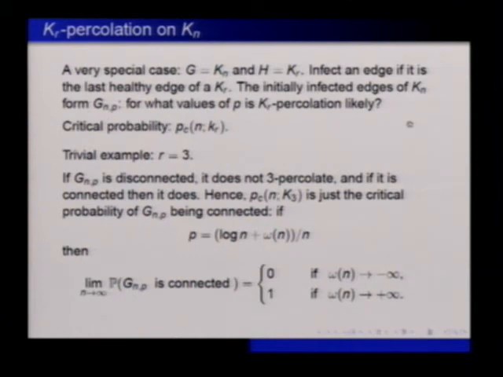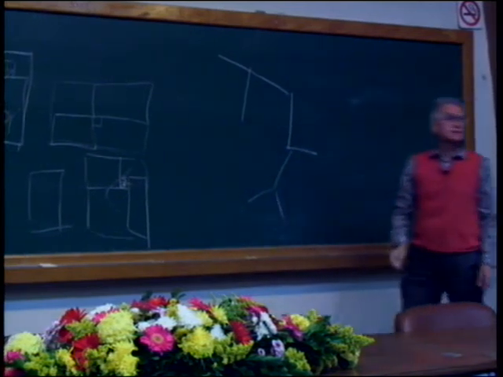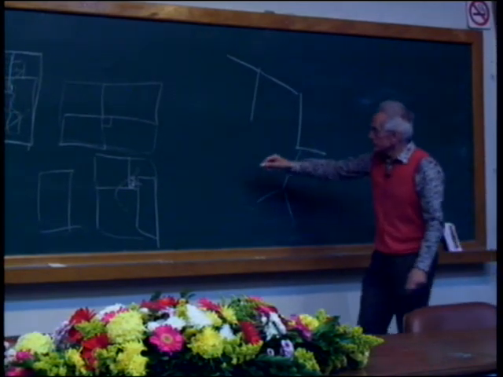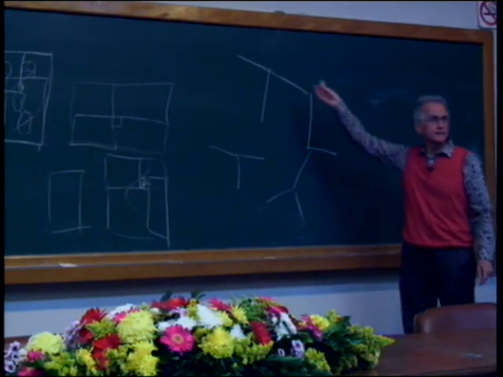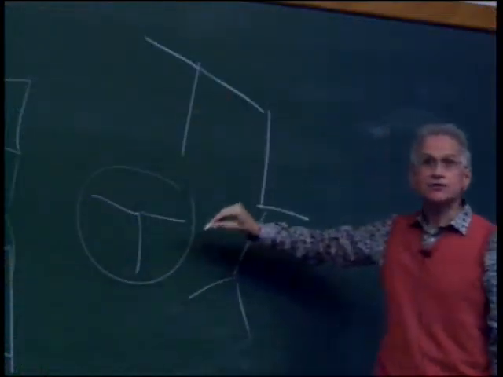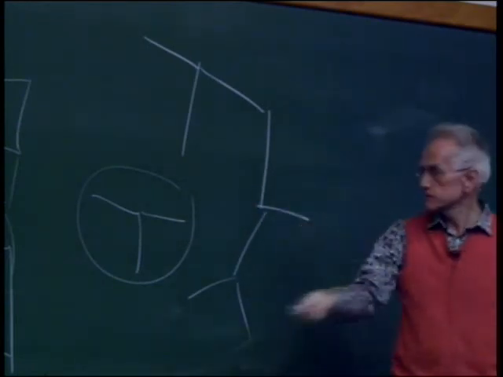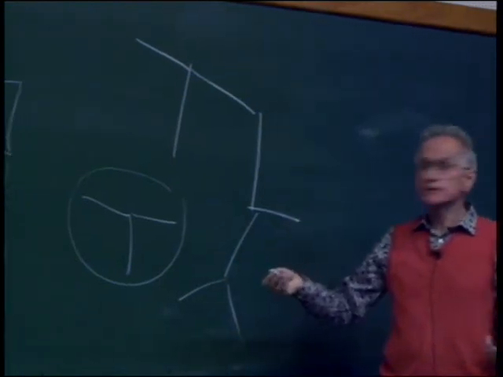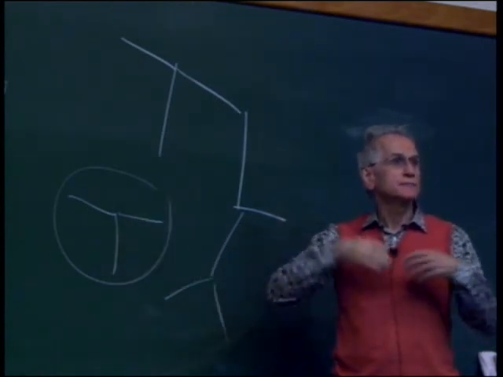totally trivial. Why? What happens if your percolation process is to put in an edge if it completes a triangle? Of course, if your original graph is not connected, there is no way you can complete it, because there is no way you will infect an edge joining one component to another component, because it should be sitting in a triangle. So it cannot be done. So a necessary condition is that the original graph is connected. Yeah, but if it's connected, then we are done.